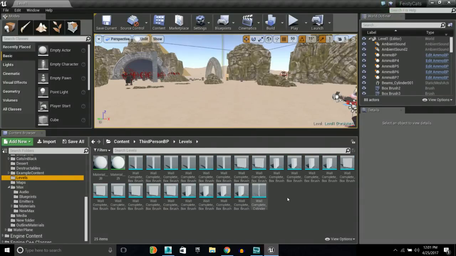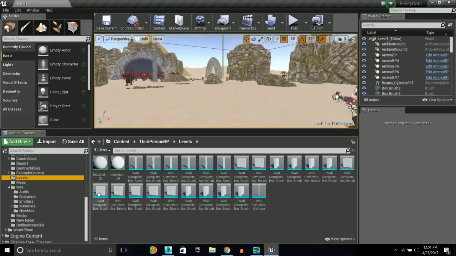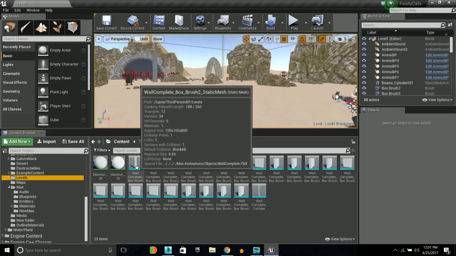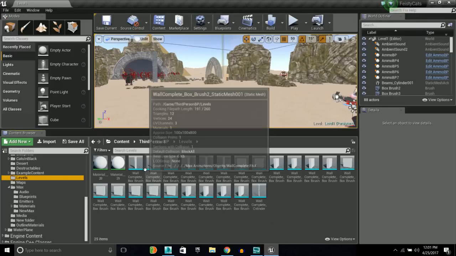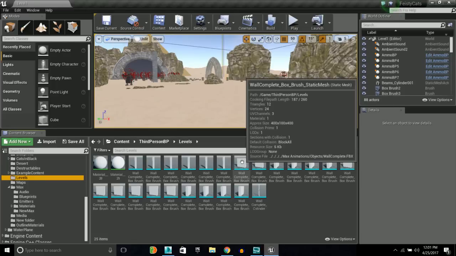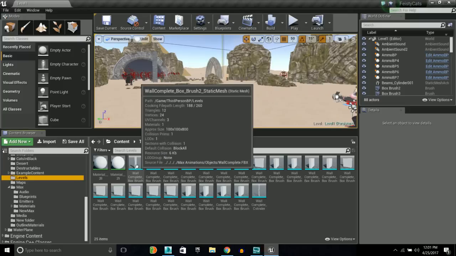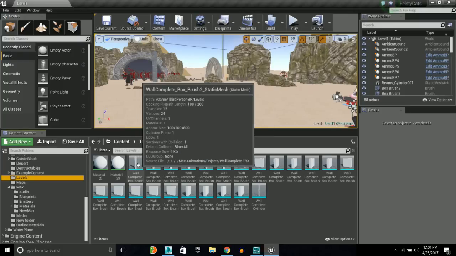Well, here's what it does. If you import that, it'll import every single object, but it doesn't import them as instances. It converts every instance into its own unique mesh, which defeats the whole purpose, because this will lower your performance with every single piece being its own separate entity. You want to actually have all similar items be the same